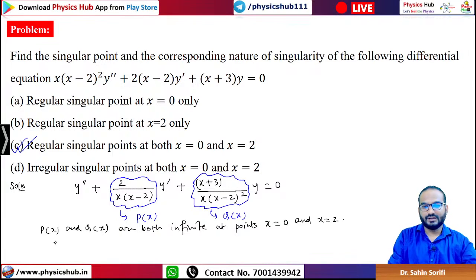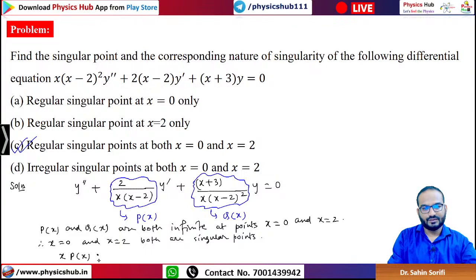Therefore x equals to 0 and x equals to 2 are both singular points. This is the first thing we have concluded, but the nature of the singularity we need to understand. Now if you calculate x times p of x,